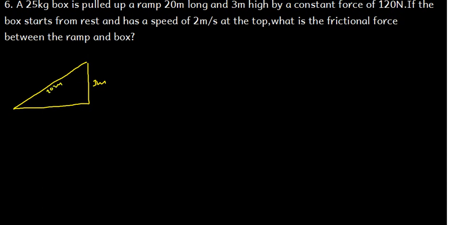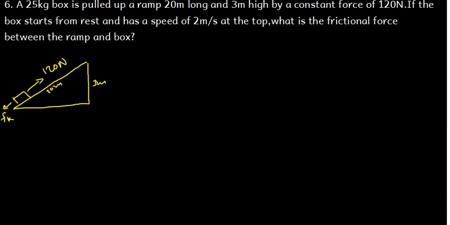And then you've been given a box that you are pulling up by a certain force, a 120 newtons force. And then we know the mass, of course. Now, this ramp is rough. It has got friction. Friction, we know that acts in the opposite direction. And that is obviously kinetic friction because something is moving. Now, the question is, what is the friction force between the box and the ramp? Okay, so what will be the friction force in this case? So we are going to use